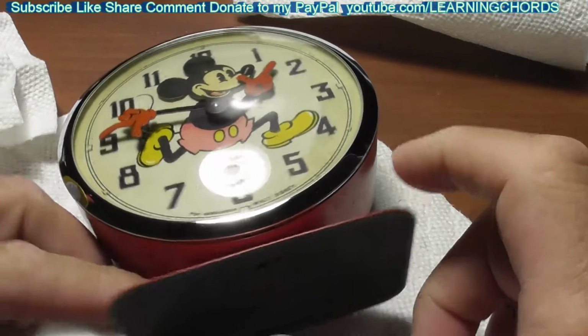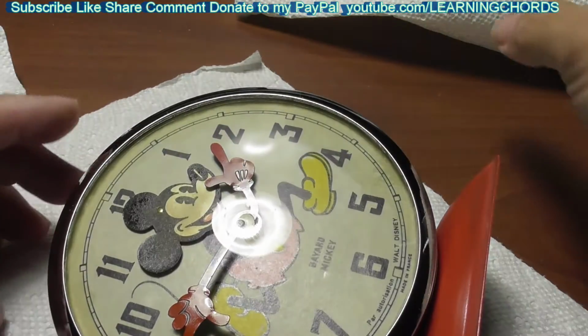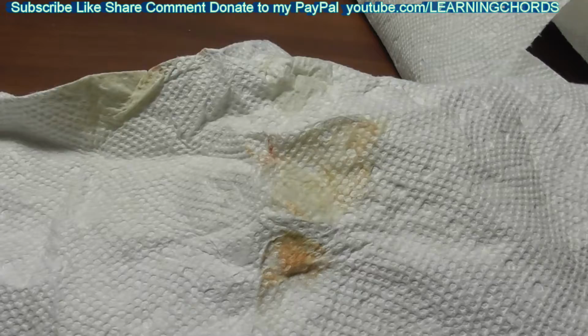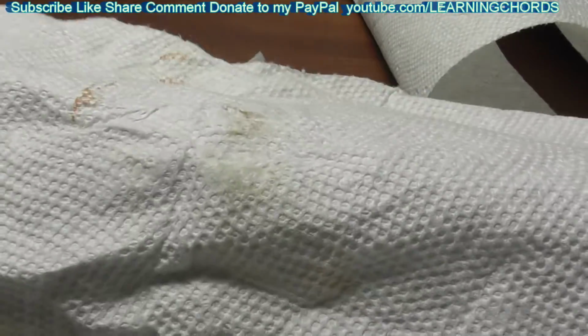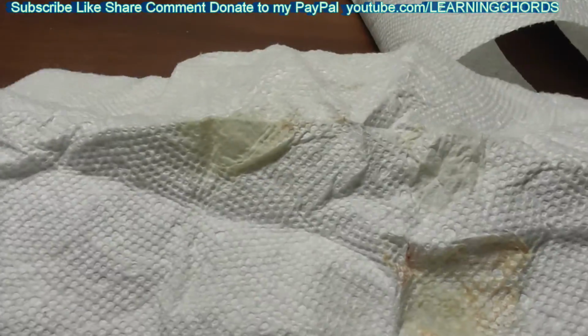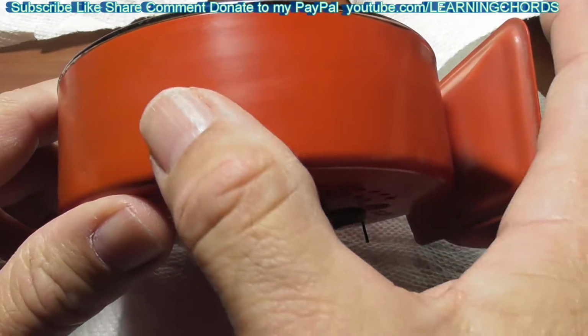Okay, there we go. Lesson learned. It did polish it. Be really careful. Be really careful. I didn't know this about Brasso. It got right on the edge of the clock and it started to take off some of the paint. So with Brasso, you don't want to whip out that Brasso and polish your clock. I wiped it off as fast as I could. Didn't do any damage, I don't think, but